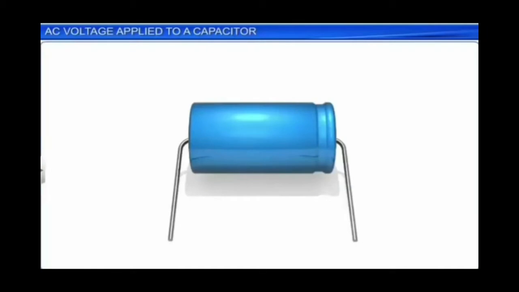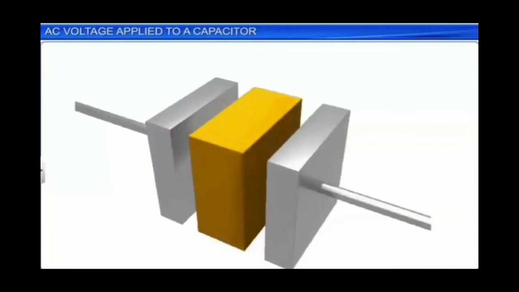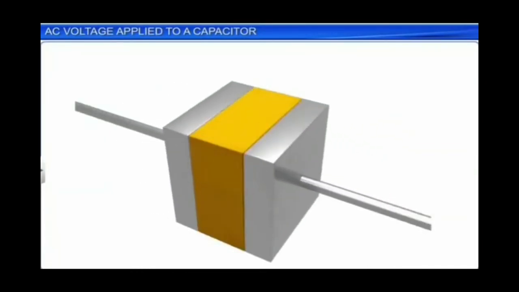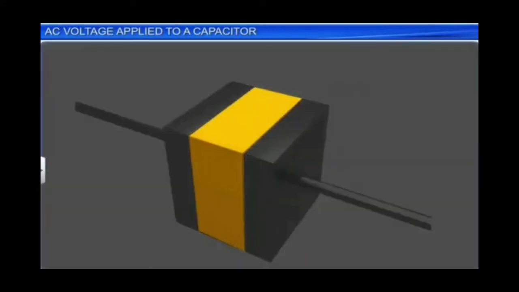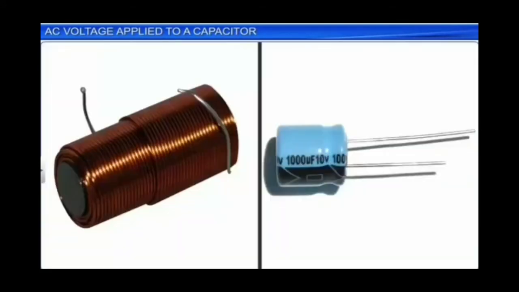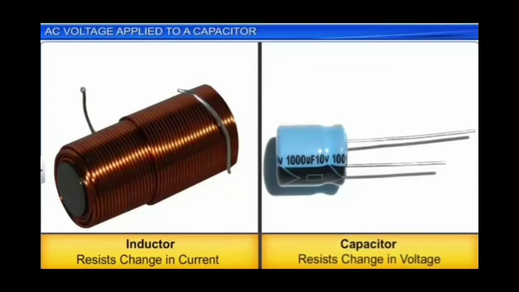As we know, a capacitor is an electrical device which is used to store charge. And in simple form, a capacitor has two metal plates separated by a dielectric. In the same way as we say an inductor opposes a growth or decay of current in it, the capacitor opposes any change in the voltage across its leads.